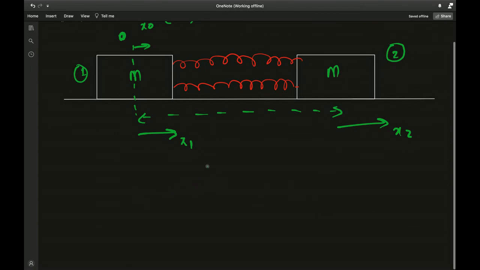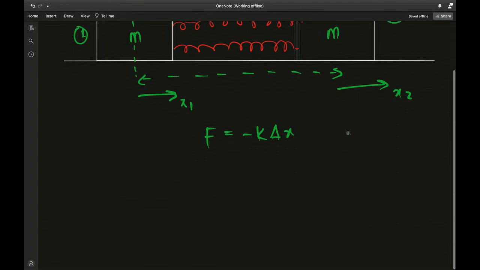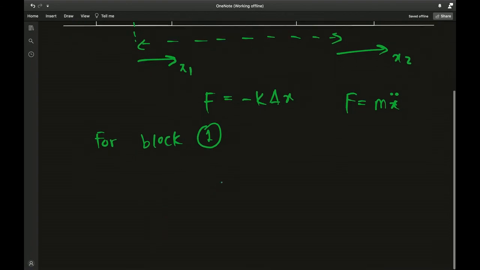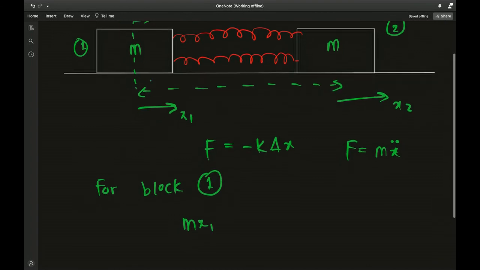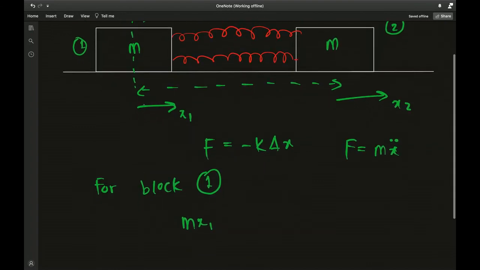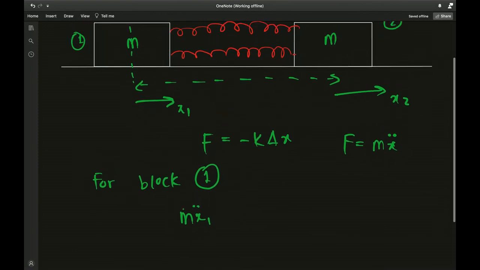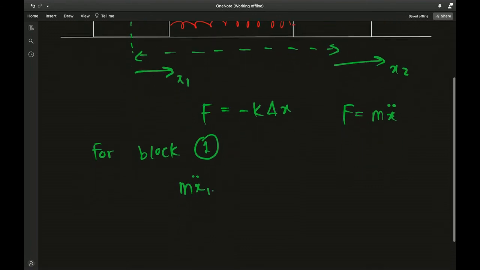Okay, we can use Hooke's law, saying the restoring force is equal to negative k times the displacement from the equilibrium point, and we want to set that equal to ma. I'm writing a, acceleration, as the second derivative of the displacement. That's why the two dots, the second derivative with respect to time. So for block 1, we have the mass of block 1 times the second derivative of the displacement, which will give the acceleration at that displacement x1,